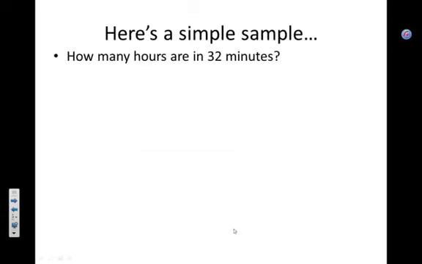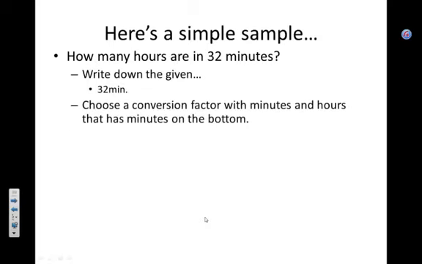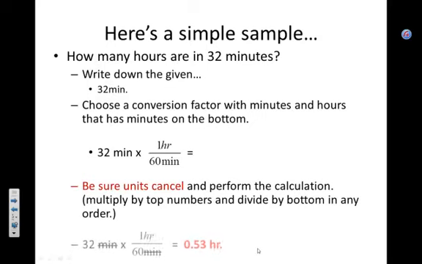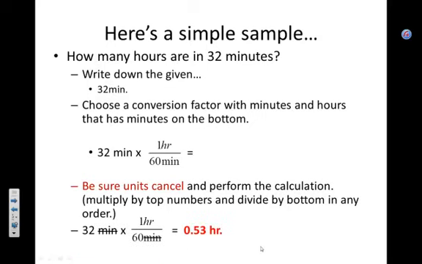Let's try one. How many hours are in 32 minutes? Conversion factor for minutes to hours would be 60 minutes per 1 hour. So we write down the given amount, 32 minutes. We're going to choose the conversion factor, an hour per 60 minutes. The reason we're putting minutes on the bottom is it allows the minutes to cancel out, and we get our